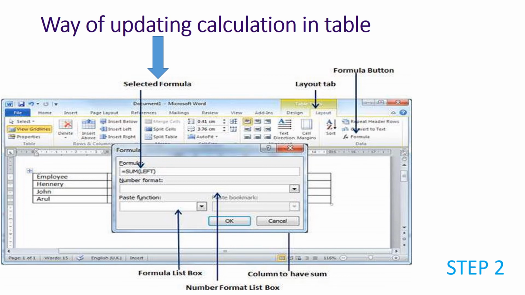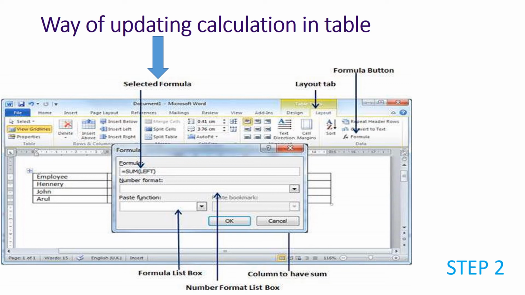Whenever you are writing the formula, you will start with the equal to sign, then you will write sum, and within bracket I have written left. Why left? Because all the data which I want to add is on the left hand side of the selected cell. Clear? Then you can just click OK and the result appears in the selected cell.